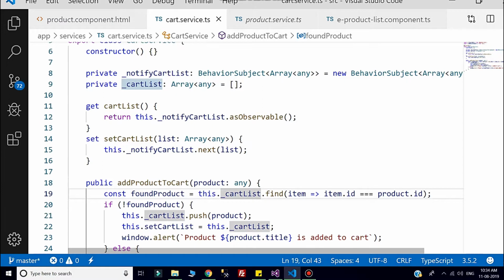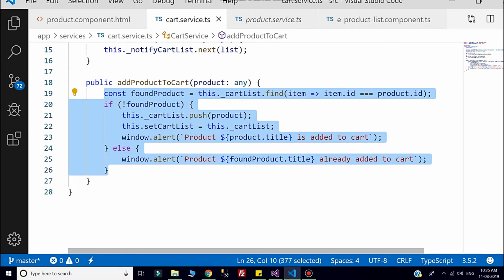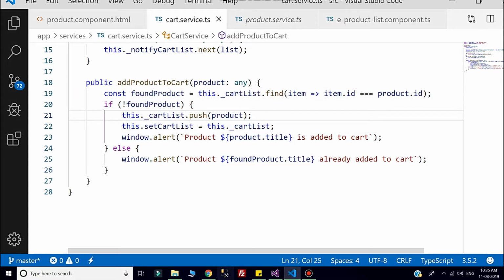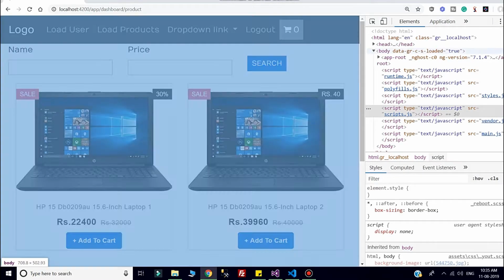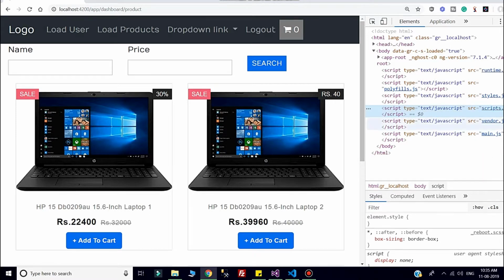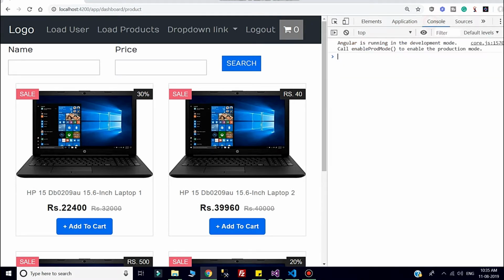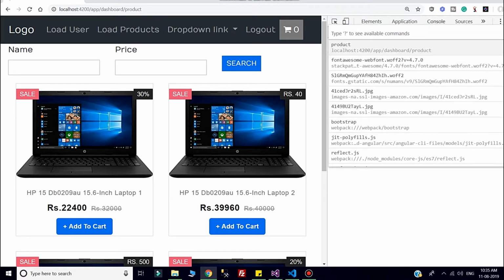Here you can check that the add product to cart list logic is written in the cart service. Now if I open the browser, I can show you in the console so that you can understand it properly. Okay, so here I will open first